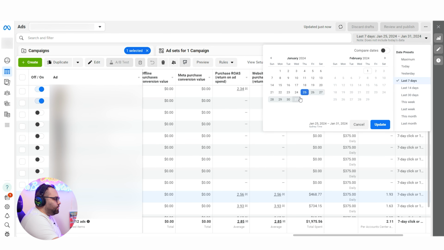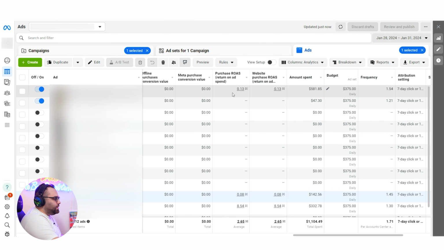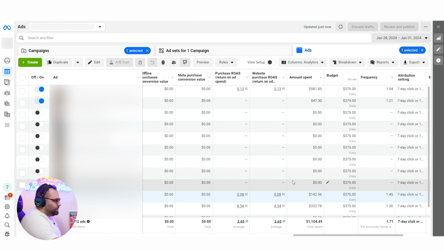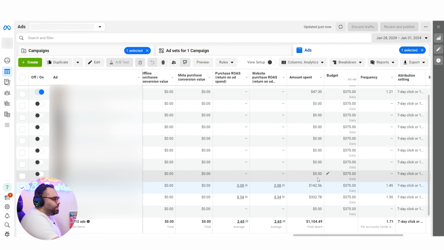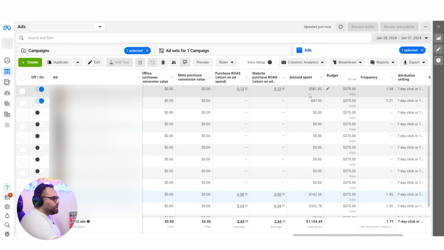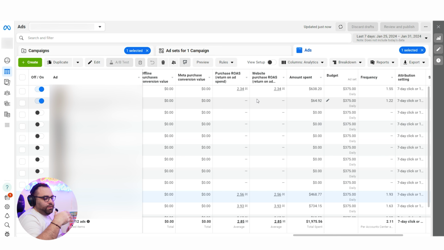Even if we go on the pure last 3 days, for example, or 4 days, we can see that this one is in an awful position. Why? Because they have liberated so much budget from this that they actually scaled this one, while this one wasn't one of the big spenders of the Advantage Plus. If this ad over here, with the results that it had on the last 7 days, was one that was having 3, 4, 5 ROAS, but with a higher spend among the other 3, then okay,